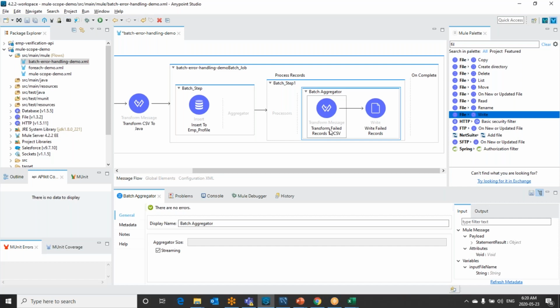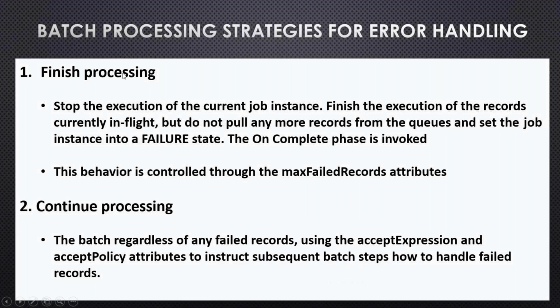Apart from that, we have some Mule error processing strategies: finish processing and continue processing. What are these? Suppose you are getting an error and you would like to finish the processing. Yes, we can do that.